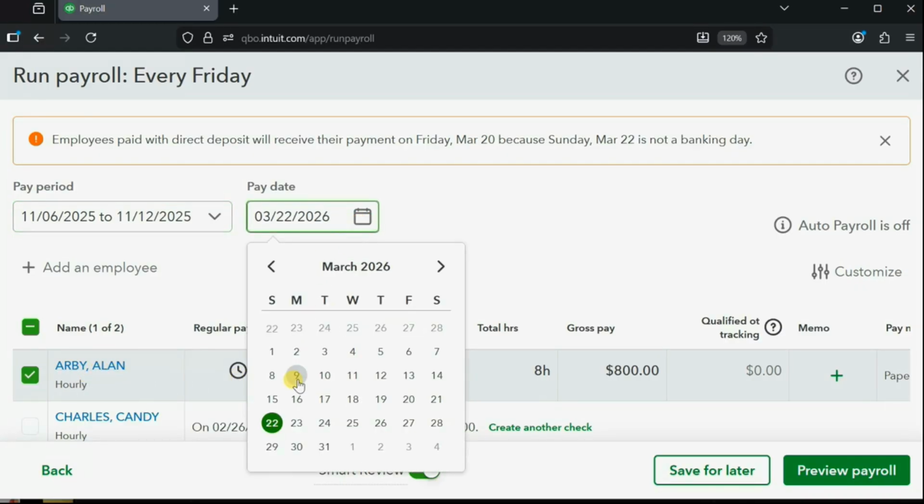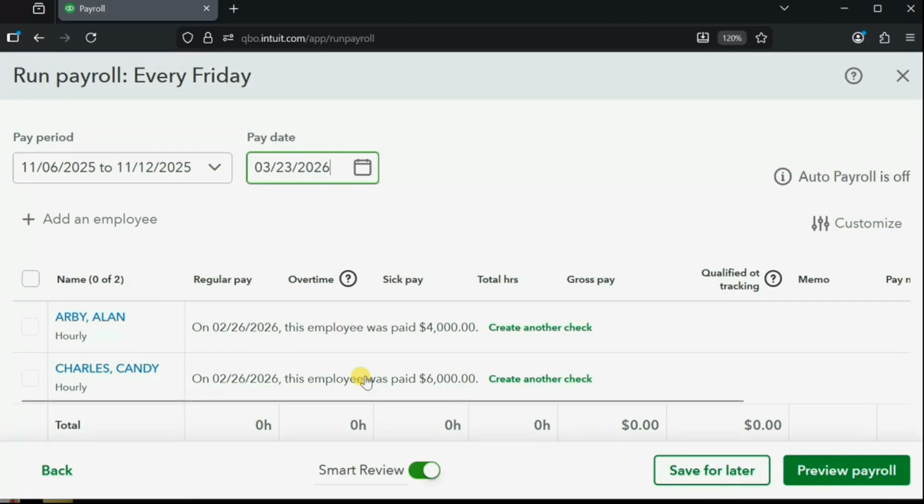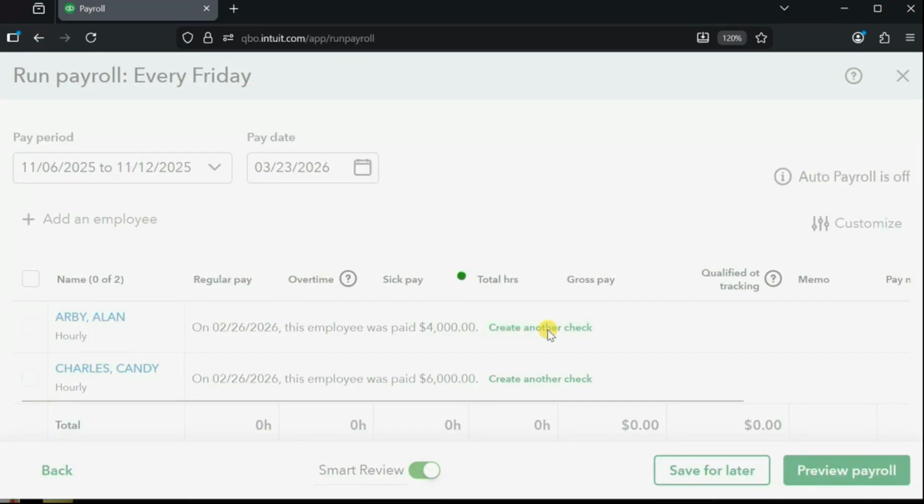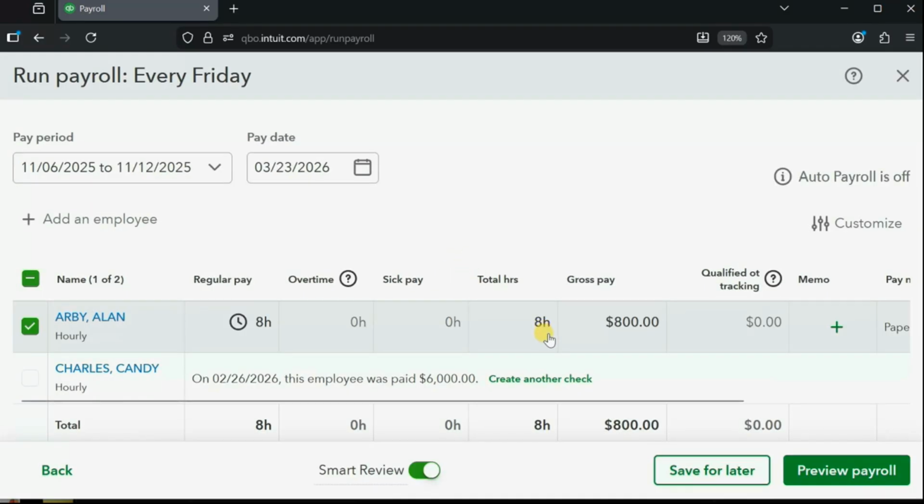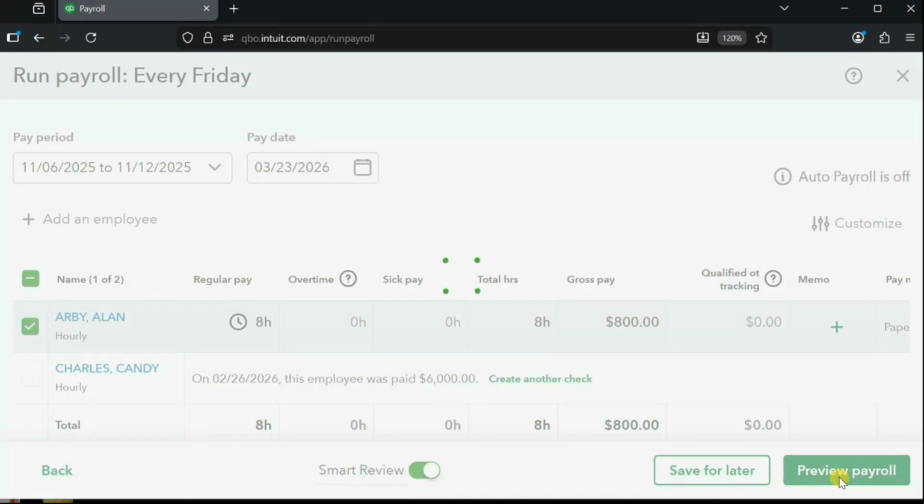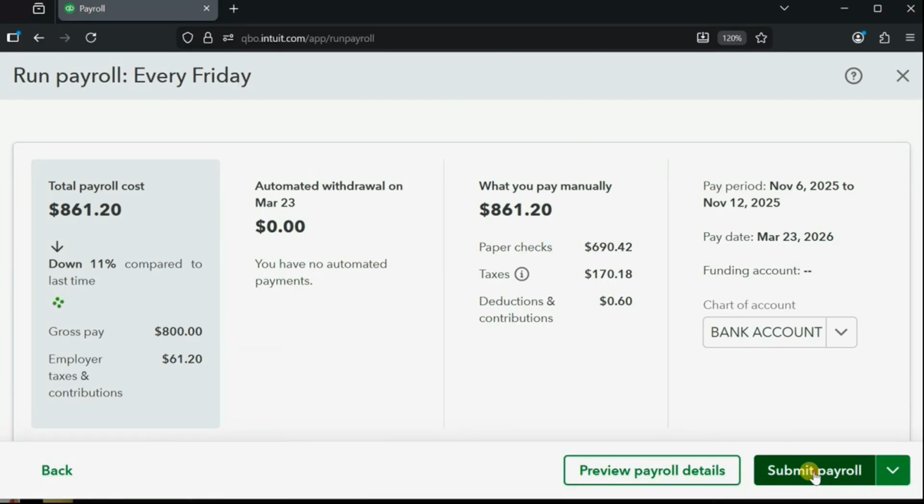Let's make the pay date the 23rd. We move it along, and we're going to create another check, because he was paid for that pay period in a prior example. So notice for that pay period, it remembers it has timesheet hours. But the most important thing when we click Preview Payroll, Submit Payroll,